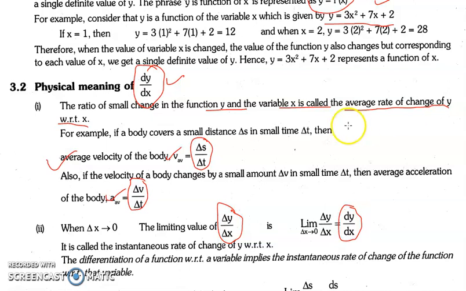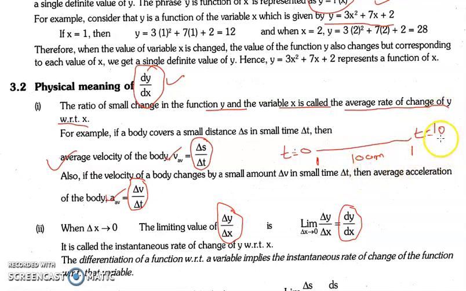Whole journey means, for example, we started our journey from t is equal to 0 and we ended our journey at, say, t is equal to 10 seconds. Okay, so in this case, if we are trying to calculate the average velocity, and we have covered, let's say, 100 meter in this case. If we are trying to calculate the average velocity, it will be change in distance. Change in distance means, of course, here the distance would be 0 and here the distance is 100, so change in distance would be 100.